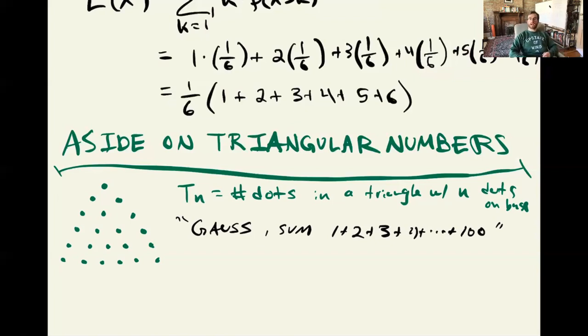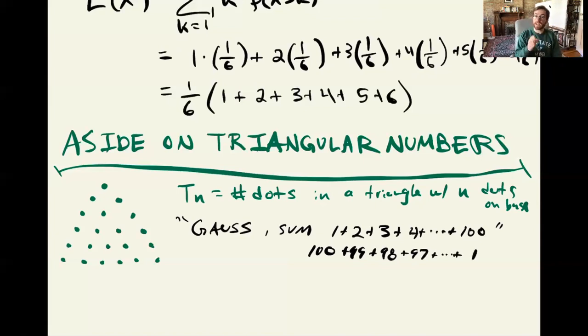And little Gauss sat there for a bit, had a really clever insight, and then handed in the answer just a few seconds later. So the teacher was like, oh my gosh. And what Gauss realized was that, and again, you're only given these small little chalkboards they had to work on, they didn't have paper back then, well, if I took this list of numbers and I reversed it and wrote it right below the original list of numbers I was trying to add up,